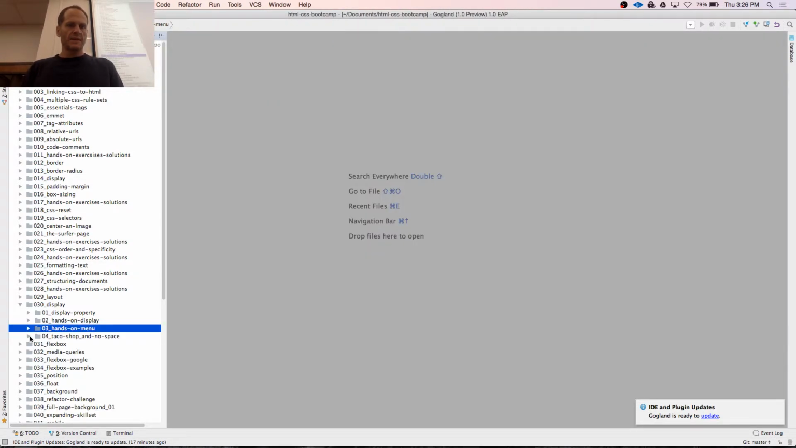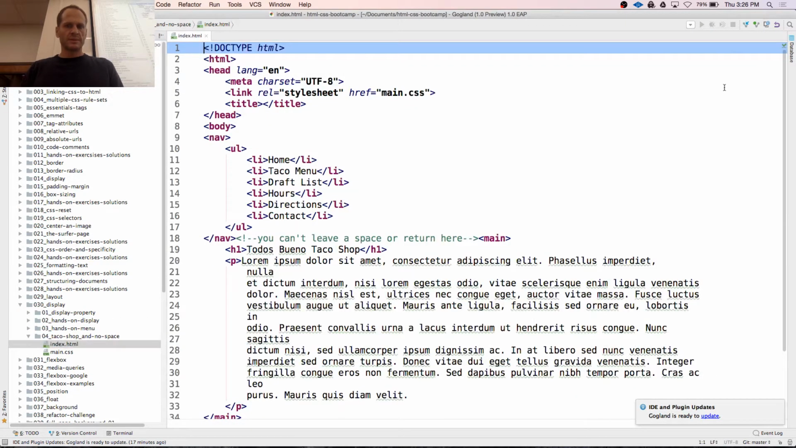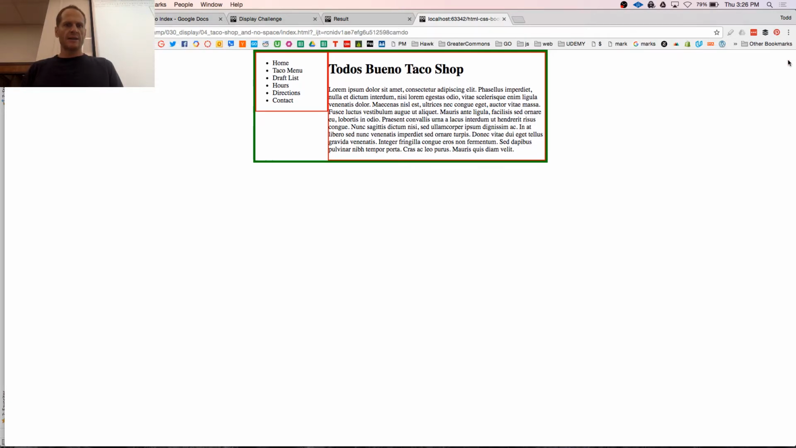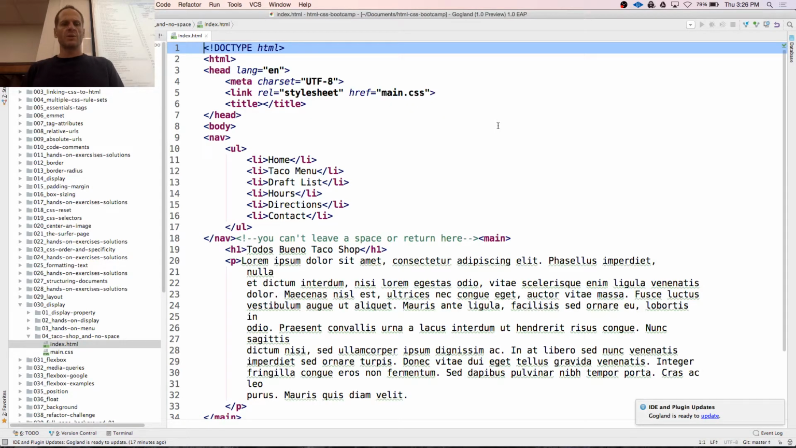And then we have taco shop. And there's something wonky about this. So here, they're saying that this is in Latin, lorem. And so here's our little taco shop, right? Kind of pretty crappy looking, but doing a little bit of layout. And we're doing that with